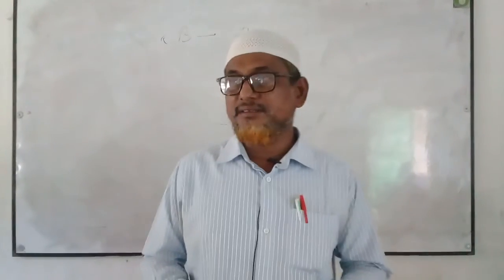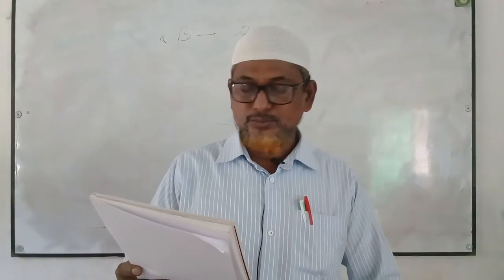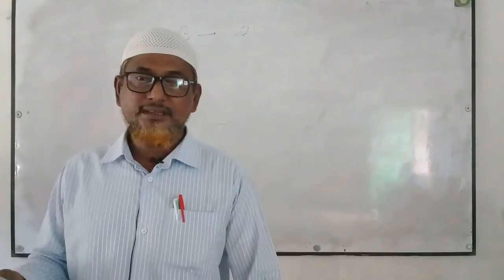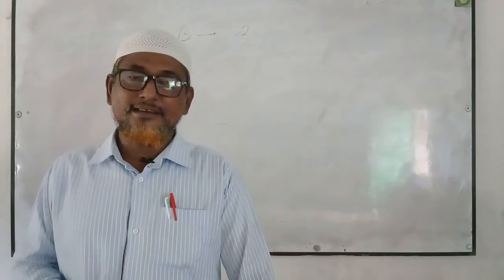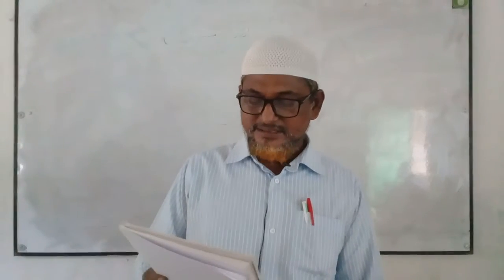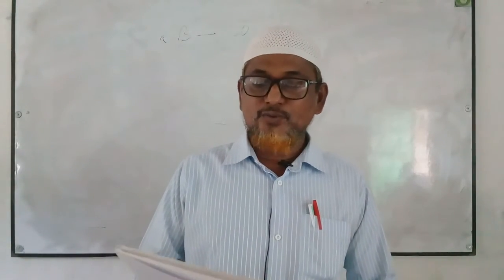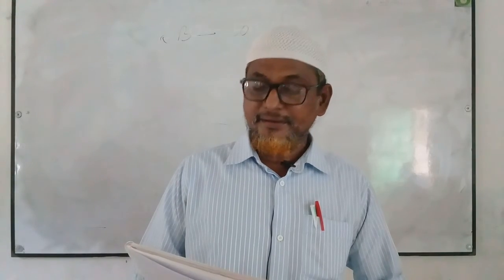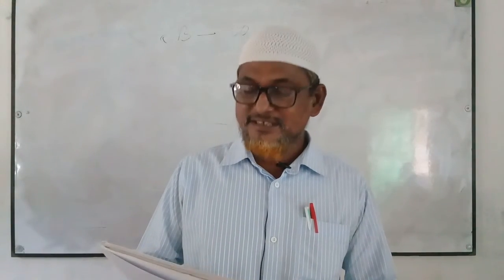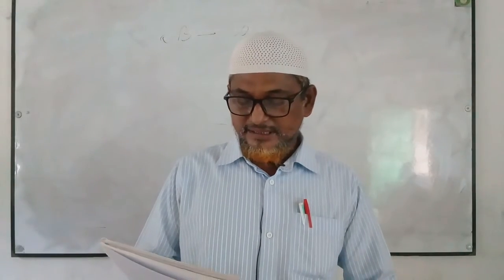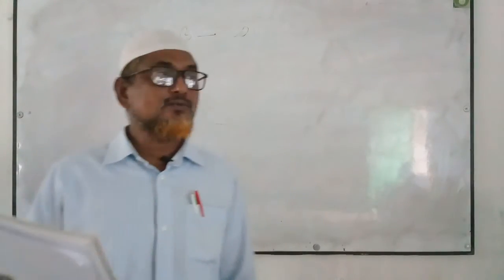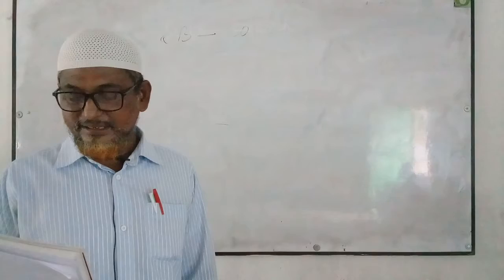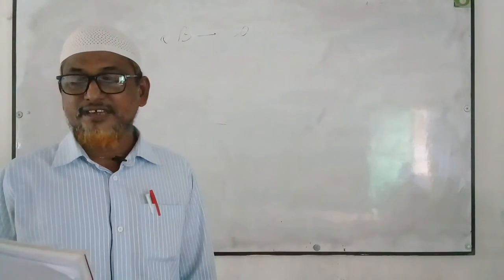So students, the last is number E, educated youth. I use a noun again here. Educated youth remain idle after completing their studies. Educated youth from the first column, remain from the second column, idle after completing their studies from the third column. Here idle means lazy, a man who is lazy, slothful. And the antonym of idle is busy, working, etc.